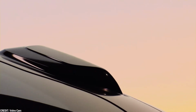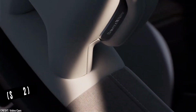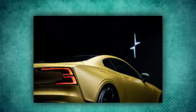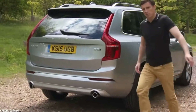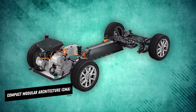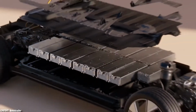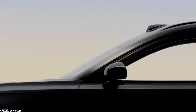The EX90 is being built on the brand new Scalable Product Architecture, SPA2, which will also underpin the Polestar 3 SUV. Polestar is jointly owned by Volvo and its Chinese parent company, Geely. Volvo's two previous EVs released in the US, the XC40 Recharge and the C40 Recharge, are both built on the 5-year-old Compact Modular Architecture, CMA, which was co-developed with Geely. The new SPA2 architecture allows for a bigger battery, more powerful motors, and other interesting upgrades, like faster charging and